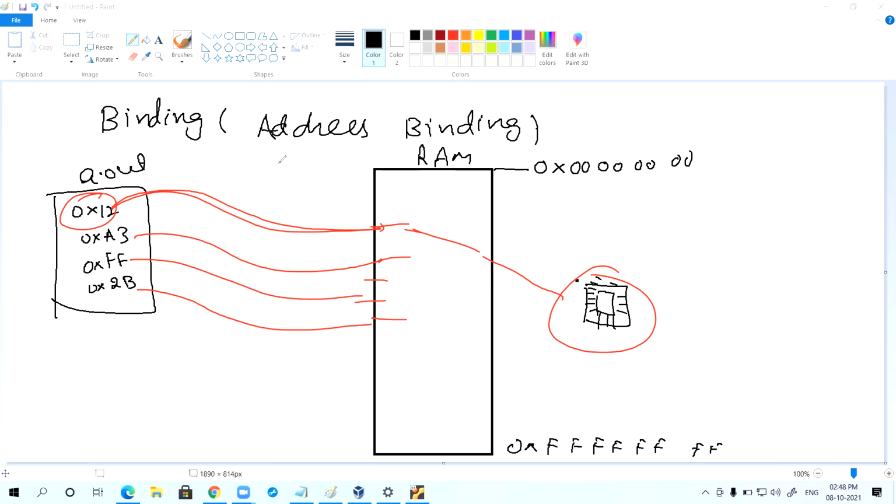If it gets the address at the time of loading, that is dynamic load time binding.